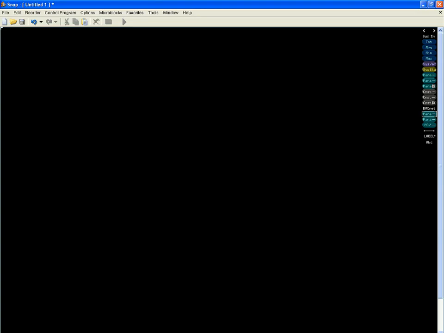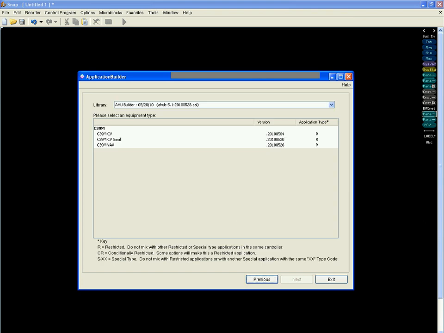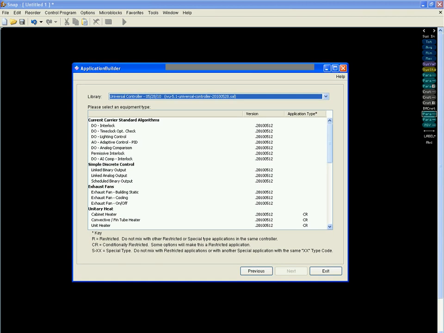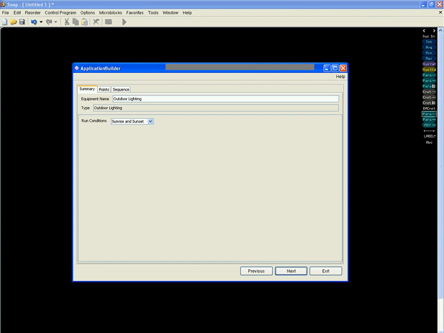What we are going to do today is make examples of SNAP programming. The first example is a program augmentation to our outdoor lighting routine. If you go into Application Builder and create an application, go down to the Universal Controller and select the outdoor lighting program. As you can see, all we have on run conditions is sunrise and sunset. To augment this program, we're going to set it up to run off